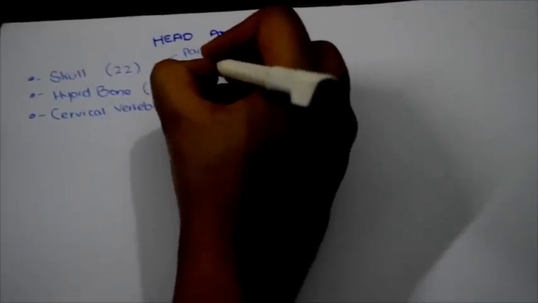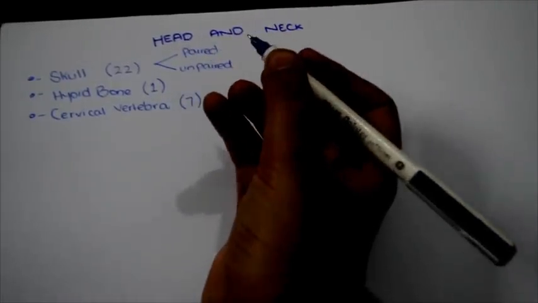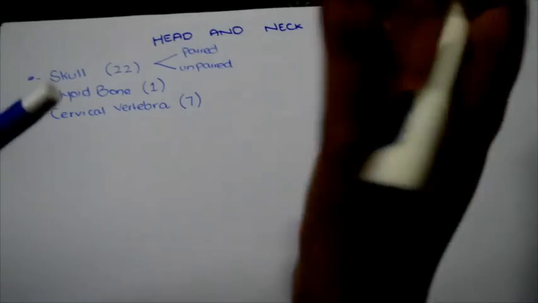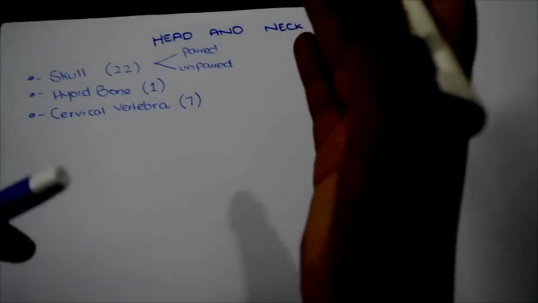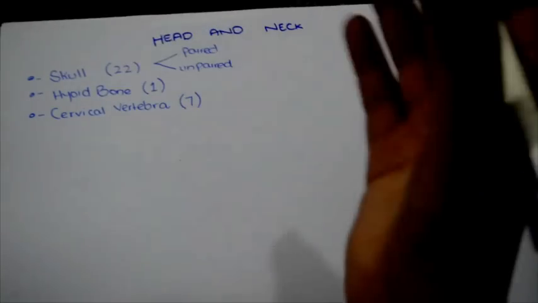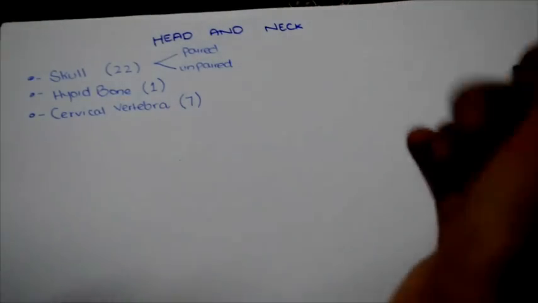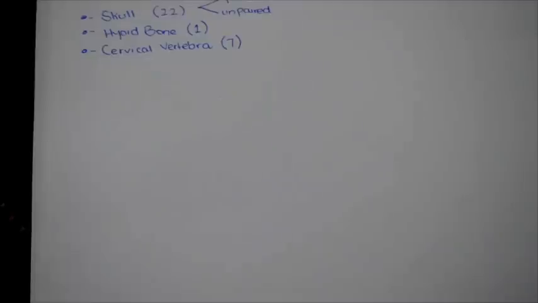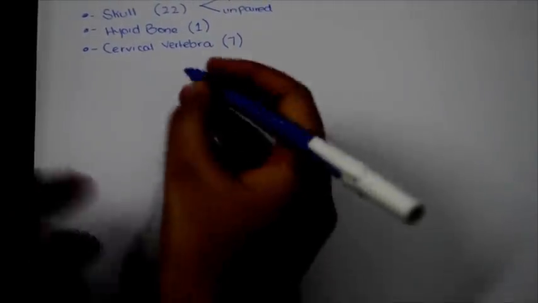Skull bones are paired, and they can also be unpaired. While the hyoid bone, there are two parts of the skull. The brain part, that is the cranium, and then there's another part which is the facial part of the skull. So there are indeed two parts of the skull. Coming back to the skull,